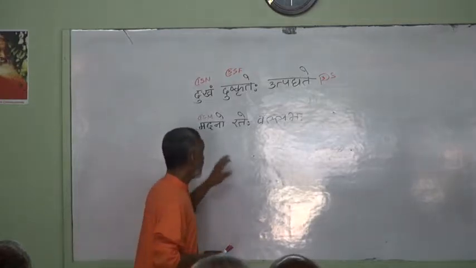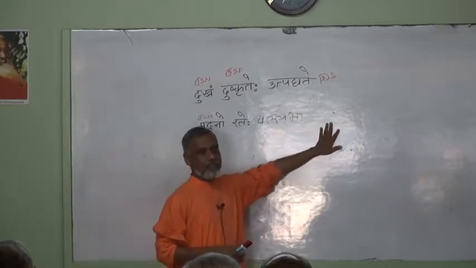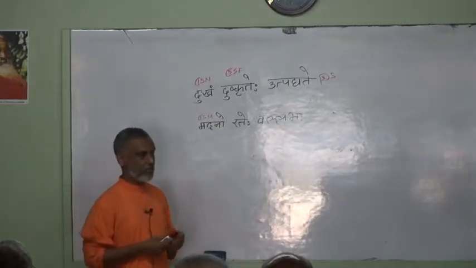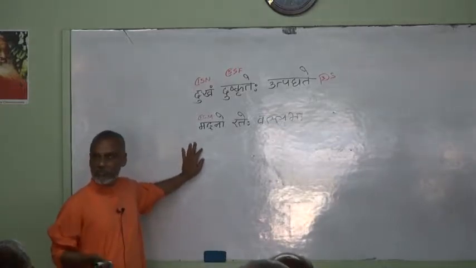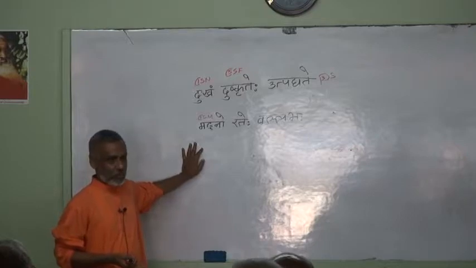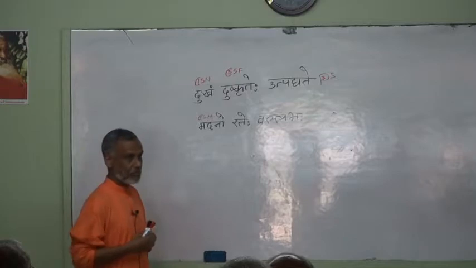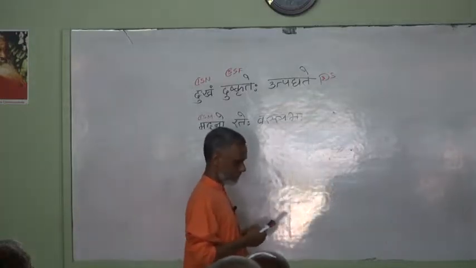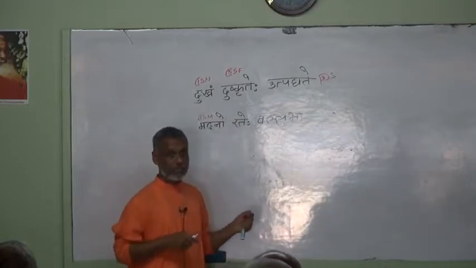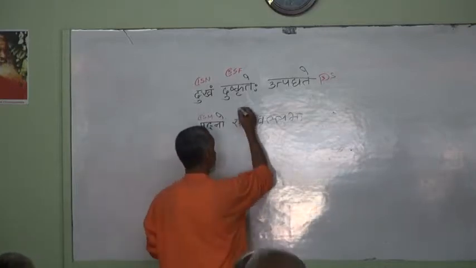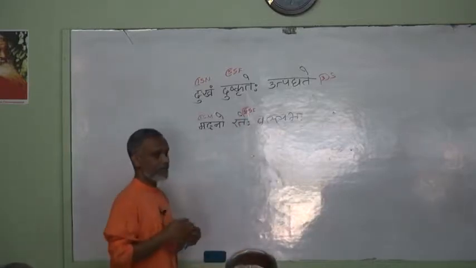All right. So, Madanaha, Ratehe, Vallabha, and some verb is missing there. The verb which is understood has to be a verb in third person singular, because Madana is one person, isn't it? So, let us work out what we have here first, and then we'll see the rest. Now what will Ratehe be? Sixth case, singular, feminine. And Vallabhaha.